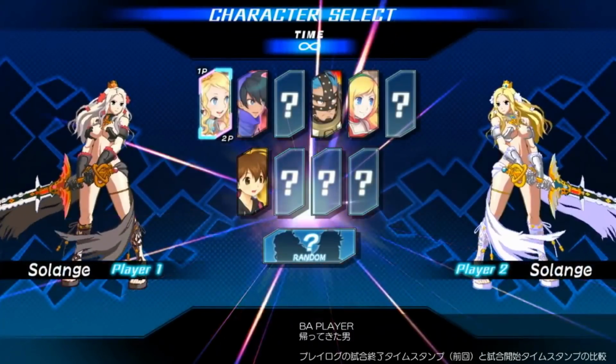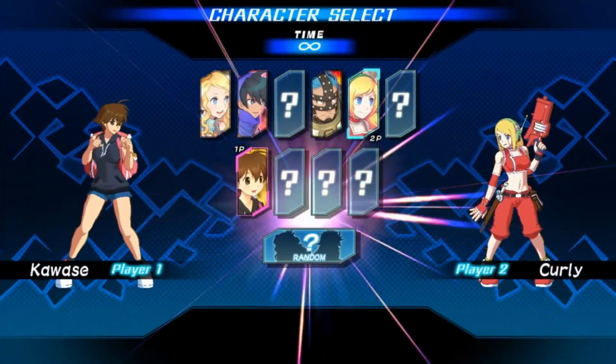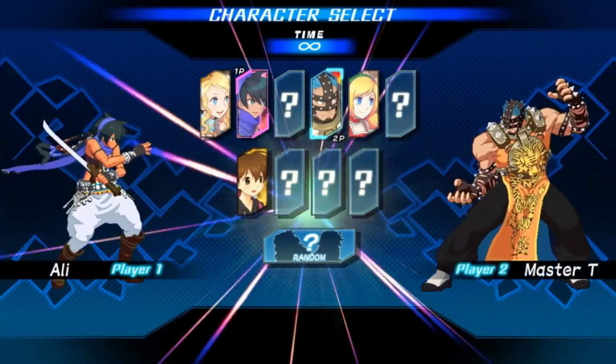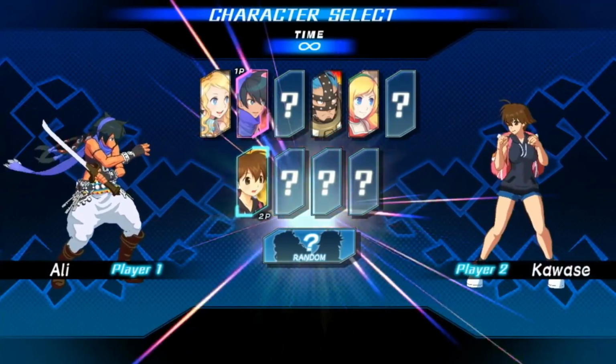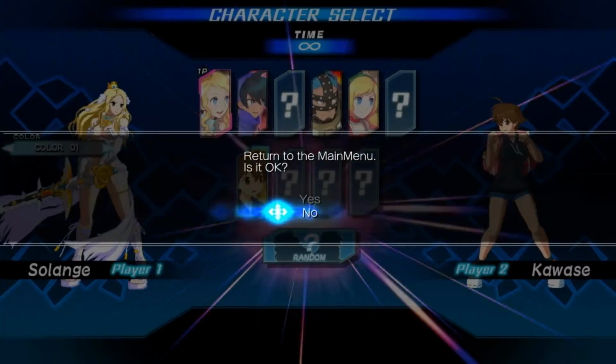2D, what looks like 2D characters, and it's got characters from Code of Princess, from other games, including which we'll see later. You got Curly Brace right there from Cave Story. That's gonna be pretty rad. That's awesome. So we'll go ahead and pick any characters. We'll show you Curly later right here, and you have Princess Solange right there, who is the main character out